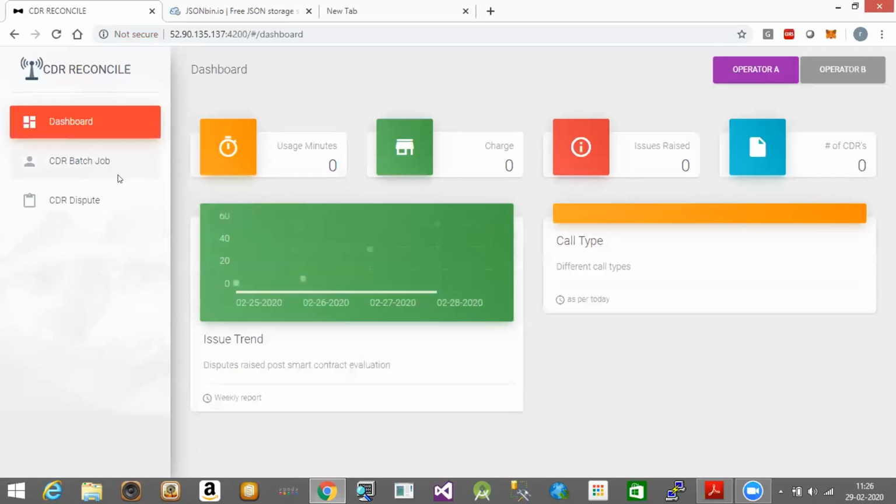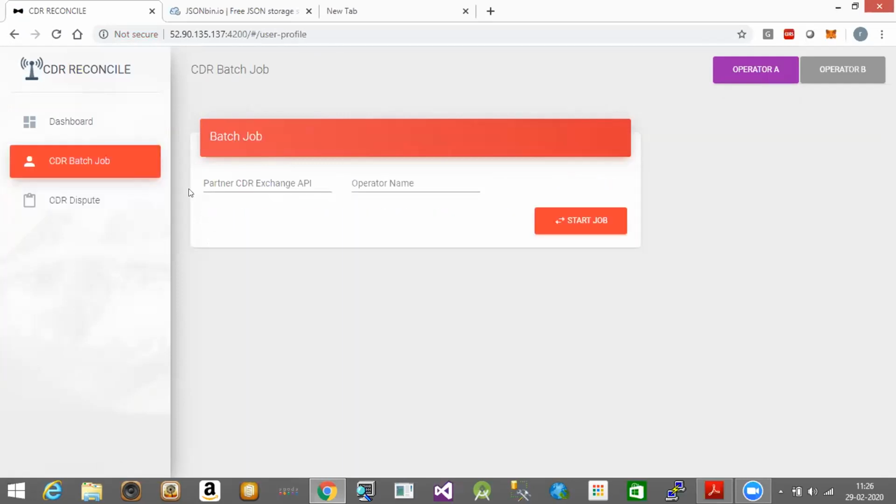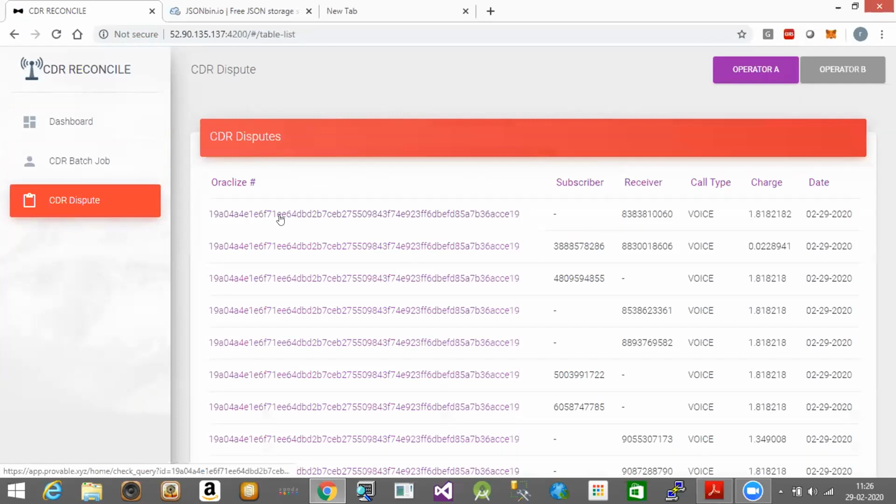Yeah. If you look at this, the values will be getting reflected. And it will show how Oraclize pulled up the data. For instance, it says this particular